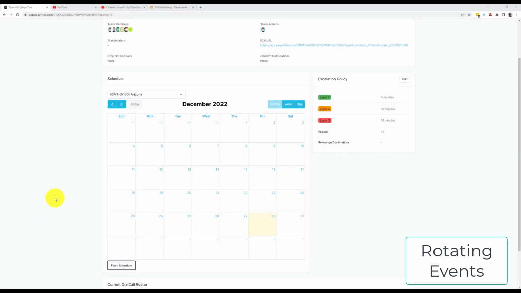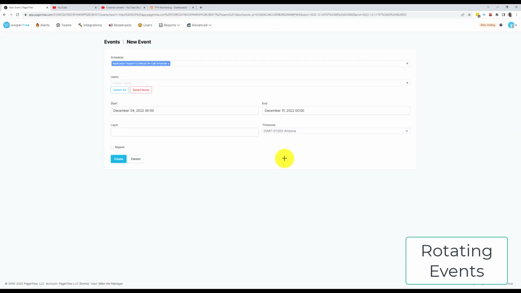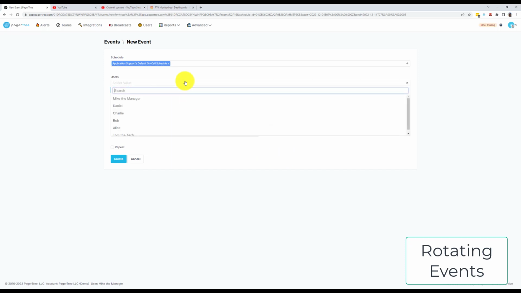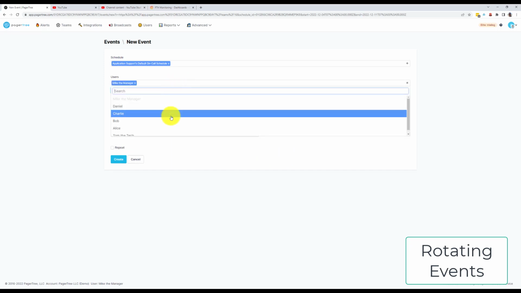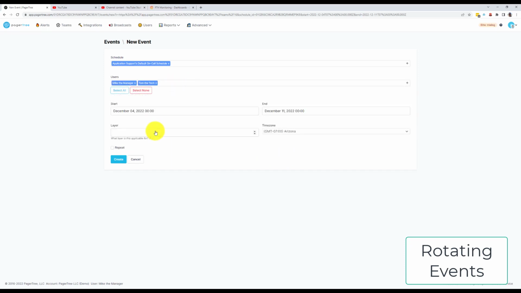Rotating events. It's likely at some point you'll want to create a rotating event. Rotating events are great for cycling the on-call responsibility through a group of users. With PagerTree, it's easy to create rotating events. We'll drag and drop our crosshairs over the days we want to create an on-call event from. Then we'll select all the users that should be in the rotation. Then select the layer for this rotation.